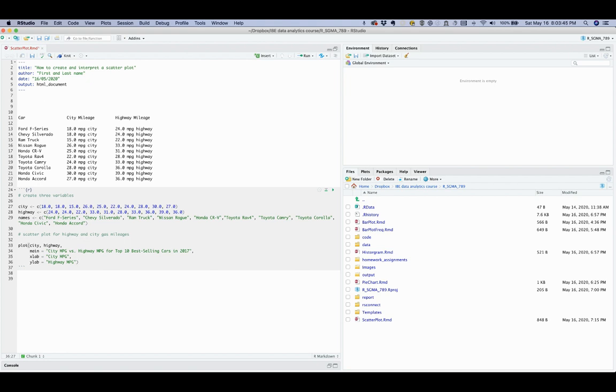We use the main option, which is City MPG versus Highway MPG for top 10 best-selling cars in 2017, to add a title to the graph. We use two more options, xlab and ylab, to define the labels for the x and y axis. In this case, the x-axis is labeled City MPG and the y-axis is labeled Highway MPG. Running this code,